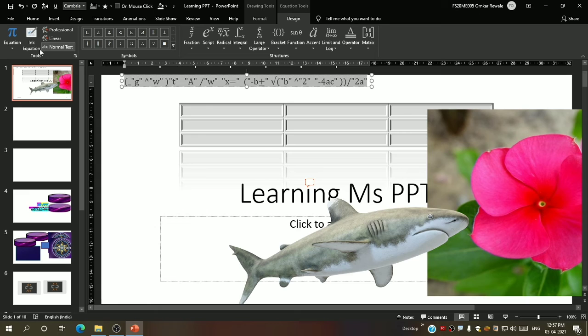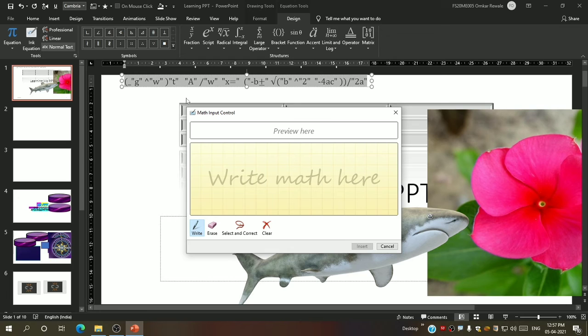Ink equation. Ink equation opens one tab here. Now you have to, with your mouse by clicking, write your own equation. Now, a square is equal to.